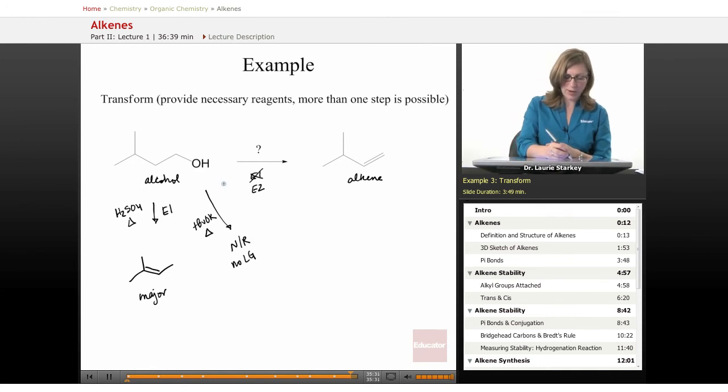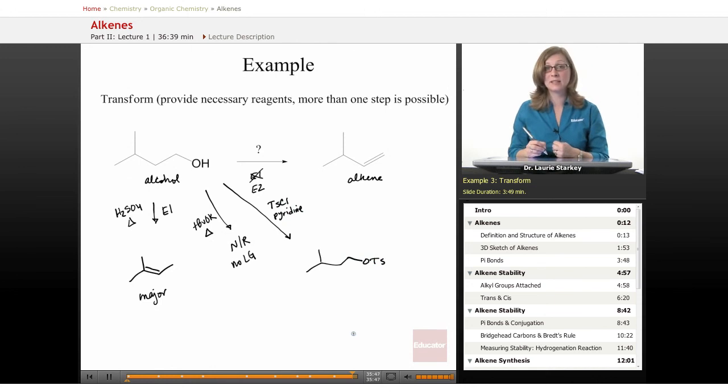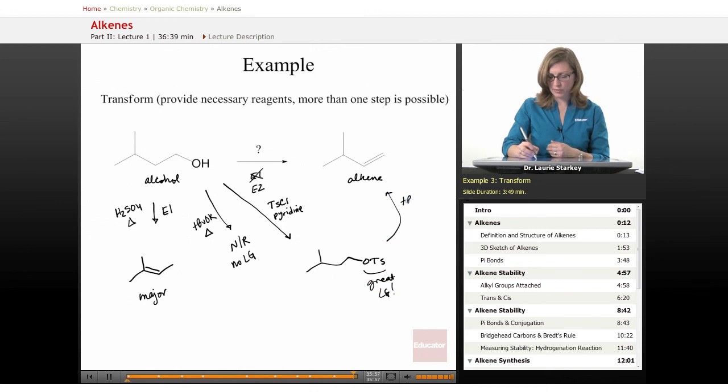So an ideal way to do that is to convert the alcohol to a tosylate. So we can use some tosyl chloride and pyridine. That keeps the alcohol right where it is, but turns the OH into an OTs, which is now a great leaving group. And now that you have this great leaving group, now you can treat it with t-butoxide and heat and